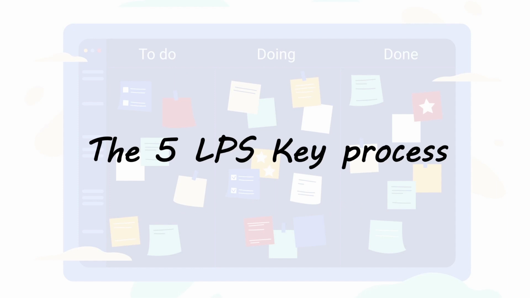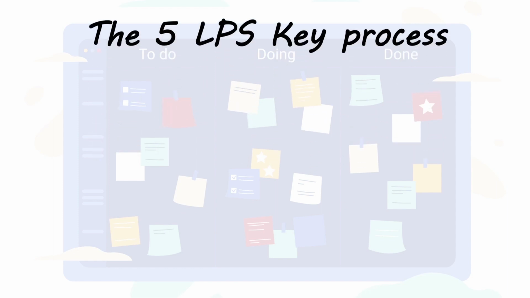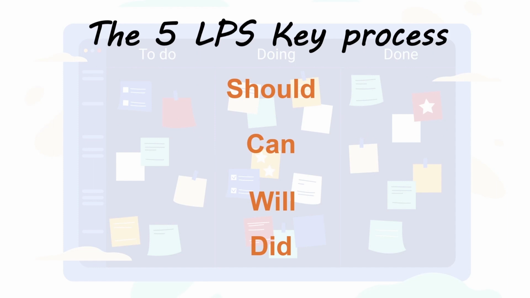The 5 LPS key processes. First, set the milestones, plan the whole, and the pull planning phase where they specify the handoffs. Those are 2. Second, bring everyone together to try to identify any problem ahead and try to solve or minimize it. Will: when trades make a promise of what they will accomplish. Did: were the promised tasks done? What happened? What can we do to do better? That's the learning and improving.